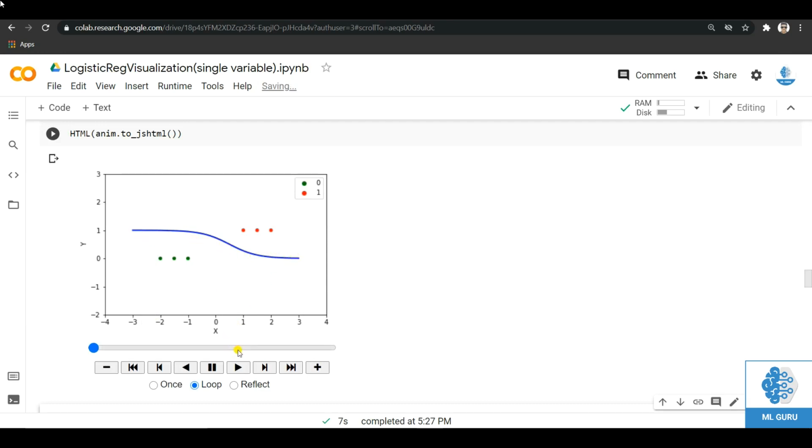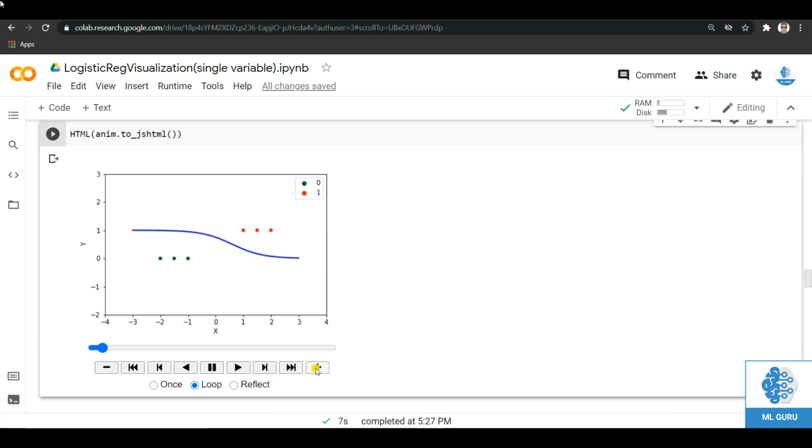As I told you when we were discussing the sigmoid model, the shape of this sigmoid function depends on the values of w and b. So let's see how this model updated during the epochs. So let's play this. I am increasing the speed a little bit. As you can see, after each epoch, the model is fitting on this data set. So by this time, the model has converged on this data set.